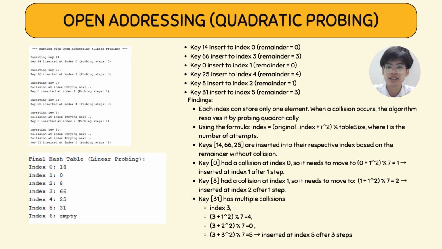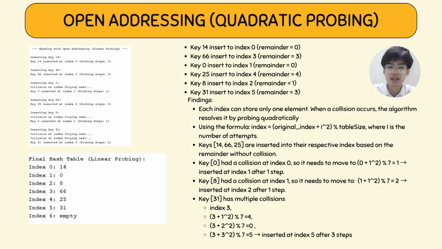For open addressing using quadratic probing, each index can only store one element, the same as with linear probing. When a collision occurs, the algorithm will resolve it by probing quadratically. We can observe that keys 14, 66, and 25 are inserted into their respective index based on the remainder, while key 0 had a collision at index 0, and based on the formula, it needs to move to index 1,